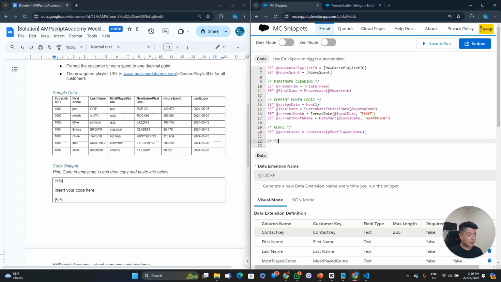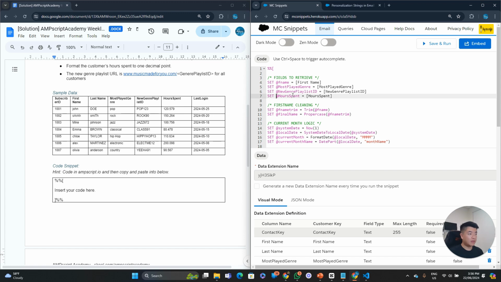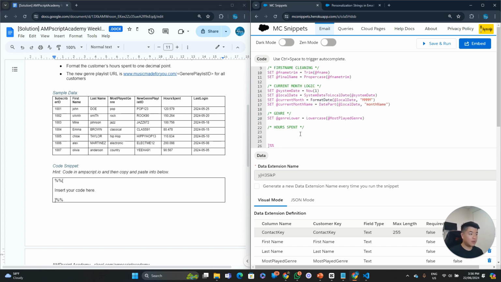Let's do this real quick. So hours spent. We already retrieved the hours spent variable, so what do we need to do? We just need to round it up. With the roundup as well, there are different ways of doing things. It's really interesting to review all your responses and submissions because a lot of you are doing different things. So I can go hours spent